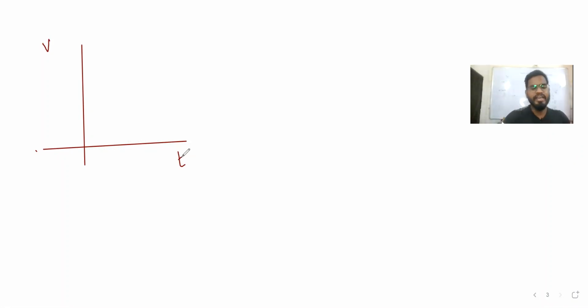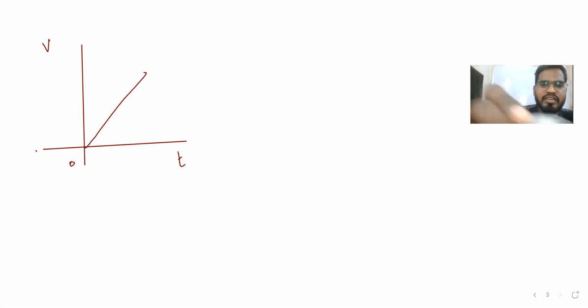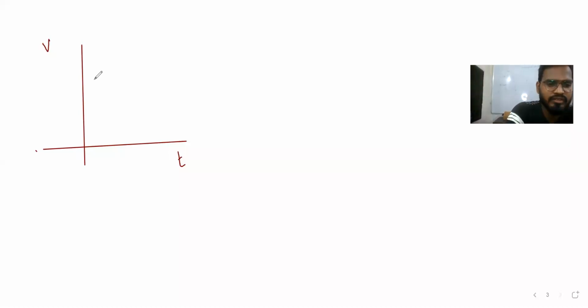Fine. One more thing here: for initial speed, you cannot consider the graph from here. Why? If you consider it from here, it means it is 0, right? It means initial velocity is 0. And we want all the equations: v is equal to u plus at, s is equal to ut plus half at square, v square is equal to u square plus 2as. Everywhere u is there, right? So you cannot consider the origin by default. We have to consider it from somewhere a little above. Let's consider from here. Correct? That is what we'll have to do.